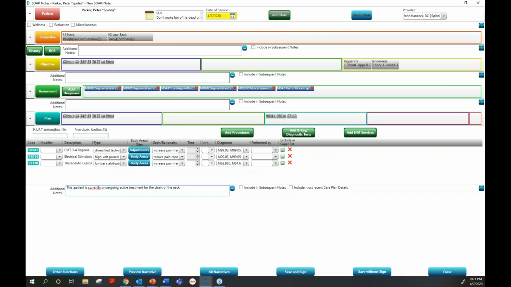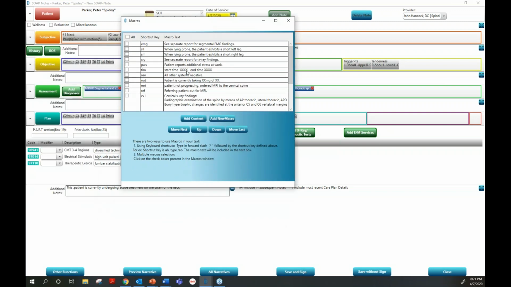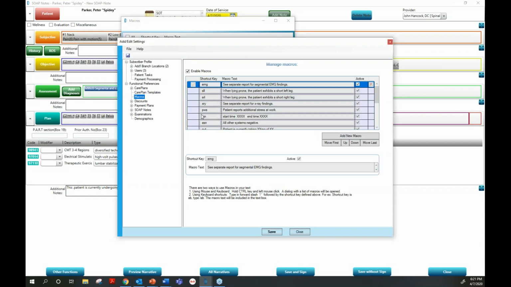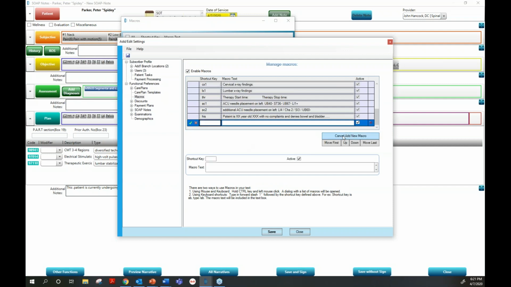And then you could take this, if that's something you want to use all the time, then we could just make this a macro here. So let's do that. Let's make this into a macro. I could also go like this and make sure it saves on every visit, so it just states that every time. And I'm going to go into the macros and create one now for this. Oh, there's a punctuation issue. But look, I go into the macros, here's my macro dialog box, and I want to add a new one. So here's my macros, and let's add a new one here. And let's call it